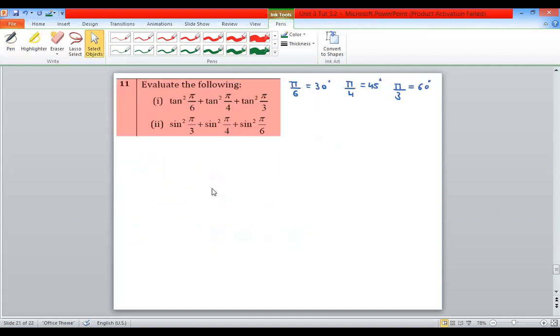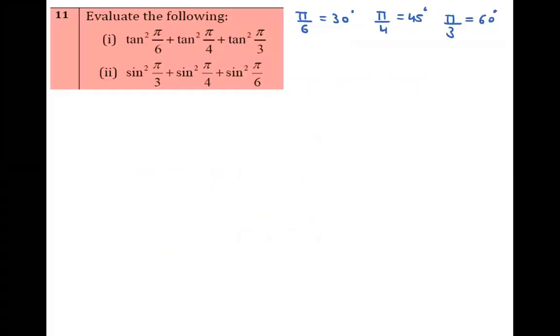Yes. Now the 11th question on your screen, look here. To evaluate the following question, here the angle is in radian form. So you must remember the relation between them. How could you convert your radian into degrees? Okay, so pi by 6 means 30 degrees, pi by 4 means 45 degrees and pi by 3 means 60 degrees. So put all the degrees in it and solve it.